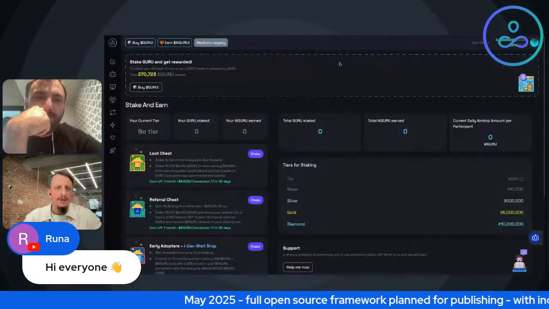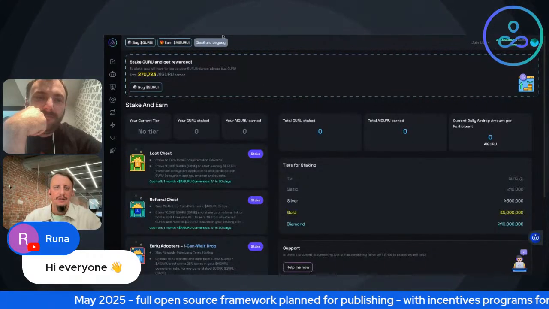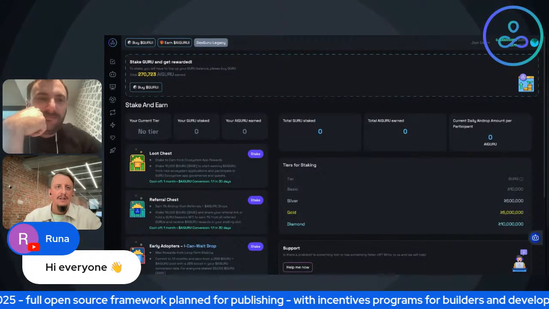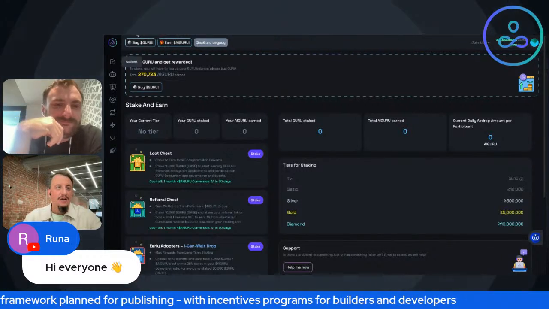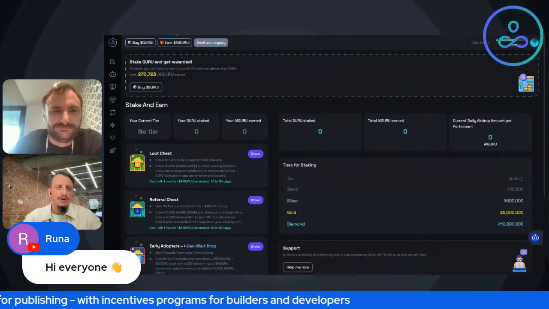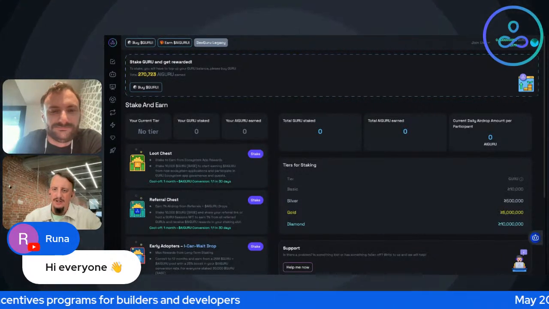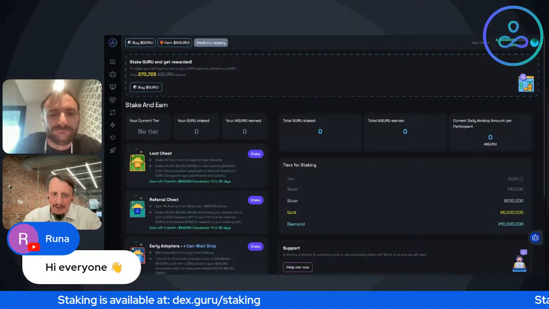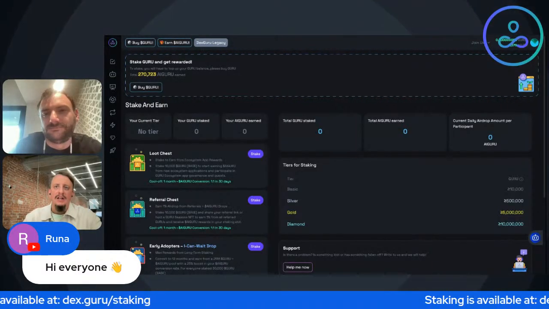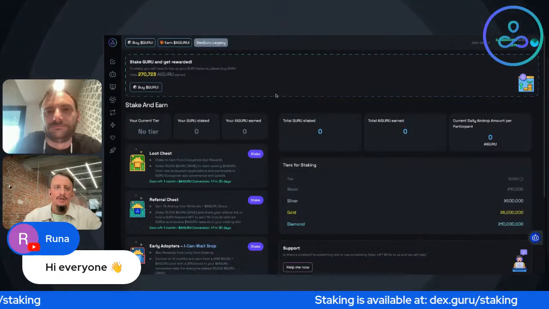So basically, to stake Guru, let me show the screen. Share screen, stake and earn. Can you see it? Yeah, you can. Okay, basically to stake Guru, you go to the DEX Guru staking page. Let me show it on your screen. And first and foremost, you have to be